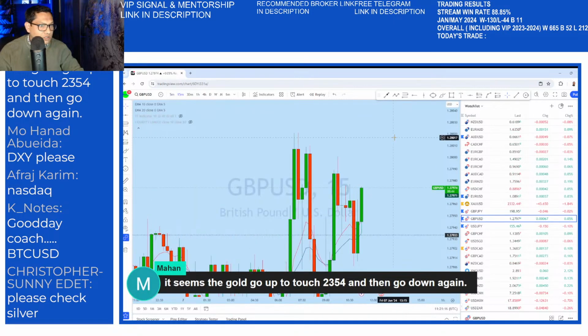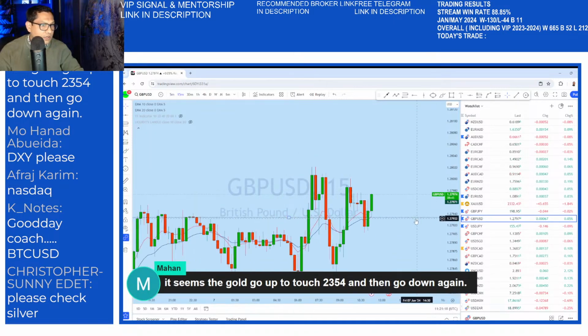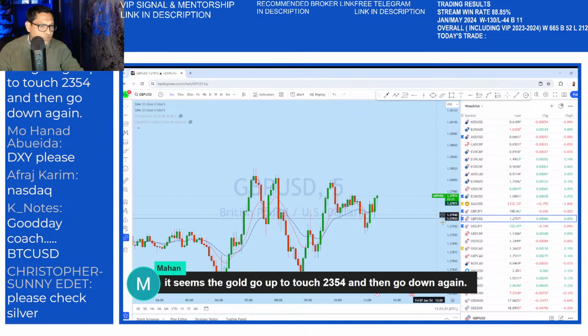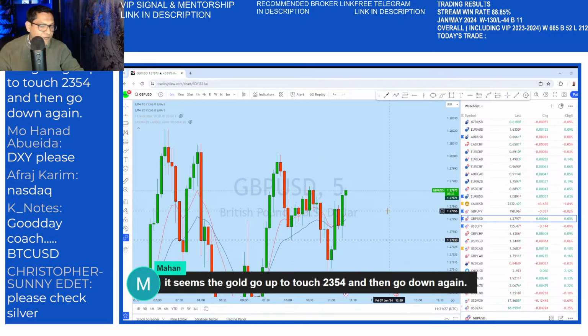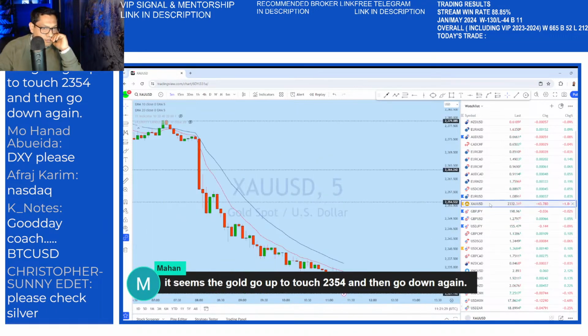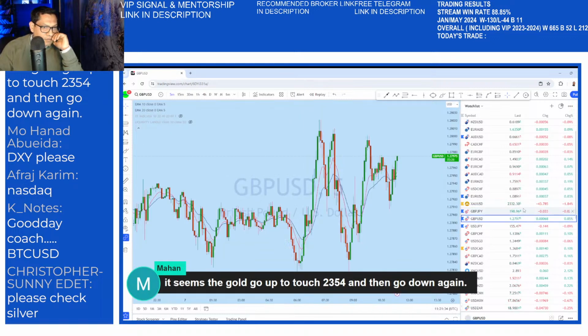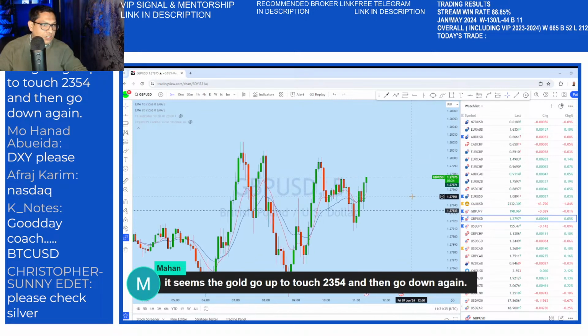Let me see if there is any opportunity here on GBPUSD. We are already in a trade on GBPUSD. I think that we might see further continuation while gold is just consolidating in that area. So looking at GBPUSD,